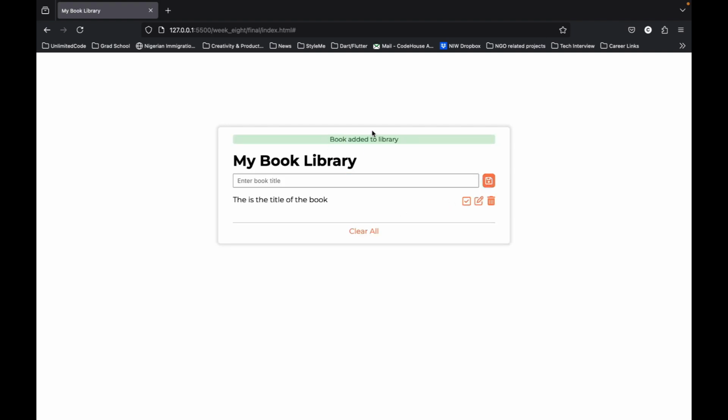There is an alert here. The book title is here. There are action buttons. For example, I've finished reading the book, not yet functional. I can give this to you as an assignment, which is going to be a very simple thing. Then edit. If I want to edit, if I want to delete, for example, if I made a mistake